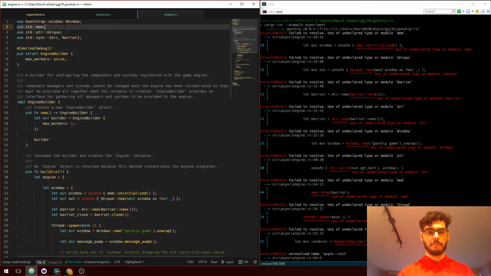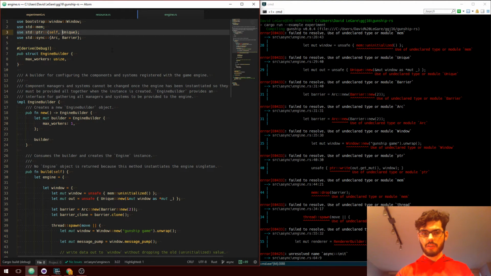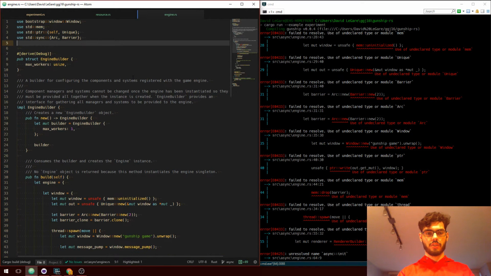We use std pointer. We need pointer self unique. Standard sync. Use std sync thread.